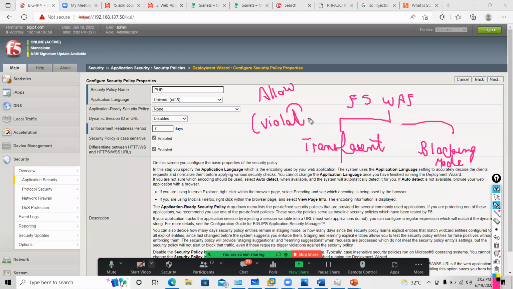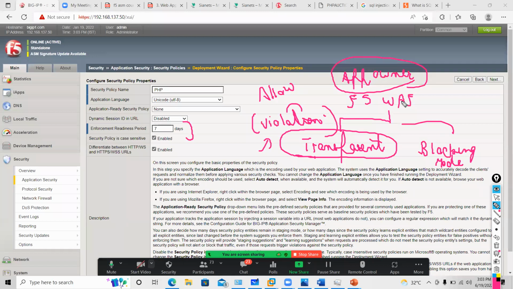It will show you what violations this application has, whether there is any SQL injection happening, whether there is any parameter tampering happening. So the best way is for 7 days you move this application into transparent mode. You will work with your application owner to check what traffic is good and what traffic is bad. Then after that you will move this application into blocking mode, so from then on, if any bad traffic comes, it will get blocked.